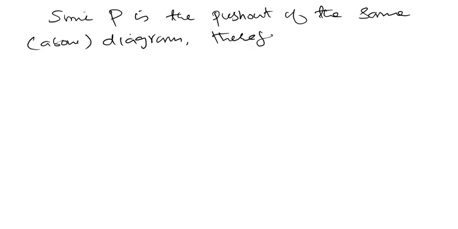Therefore, there exists delta from where to where, from P to T. Let's write this as zeta, not delta. So zeta is the morphism from P to T, such that